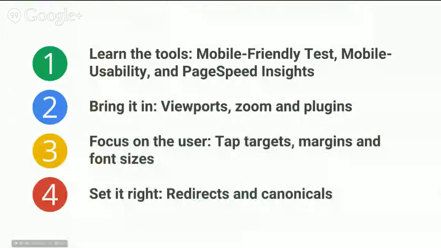We talked in the previous sessions about the tools that you can use to check your pages for mobile friendliness and to help you solve the problems that your pages or your website as a whole may be having and displaying on mobile devices. We talked about the CSS modifications and HTML modifications you can make to define the viewports for your pages, the zooming behavior, and how to avoid plugins. We talked in the third session about the size of buttons and tap targets and setting margins and proper font sizes. And today we're going to be talking about a topic dealing with redirects and canonicalization, which is particularly important